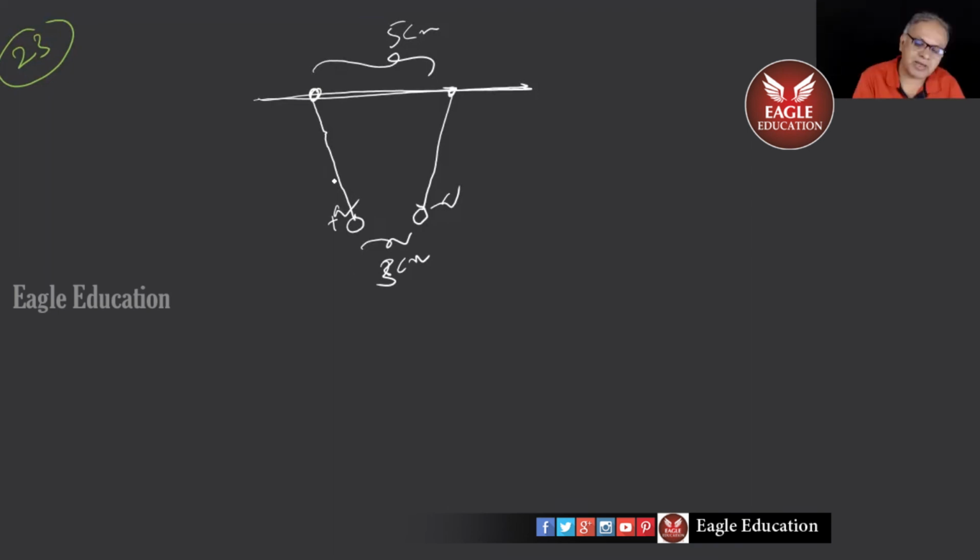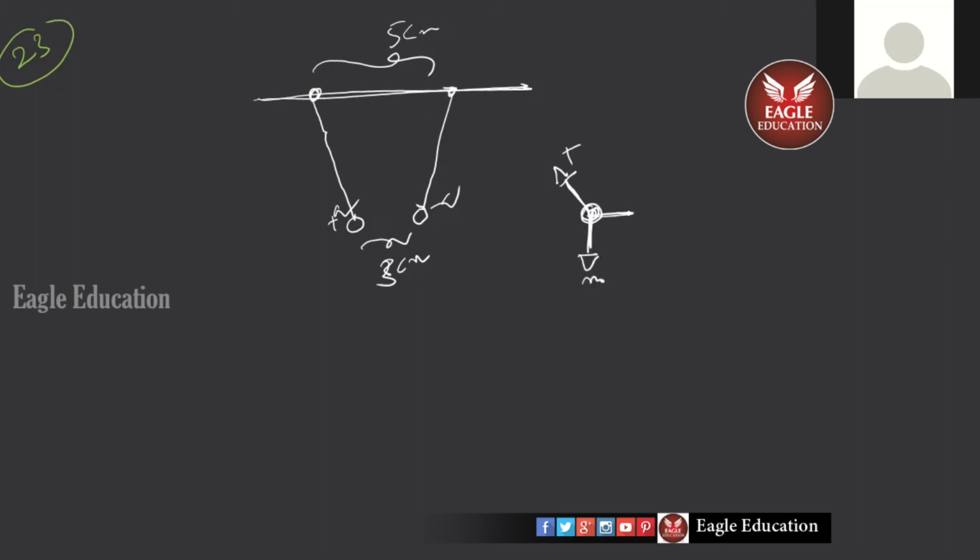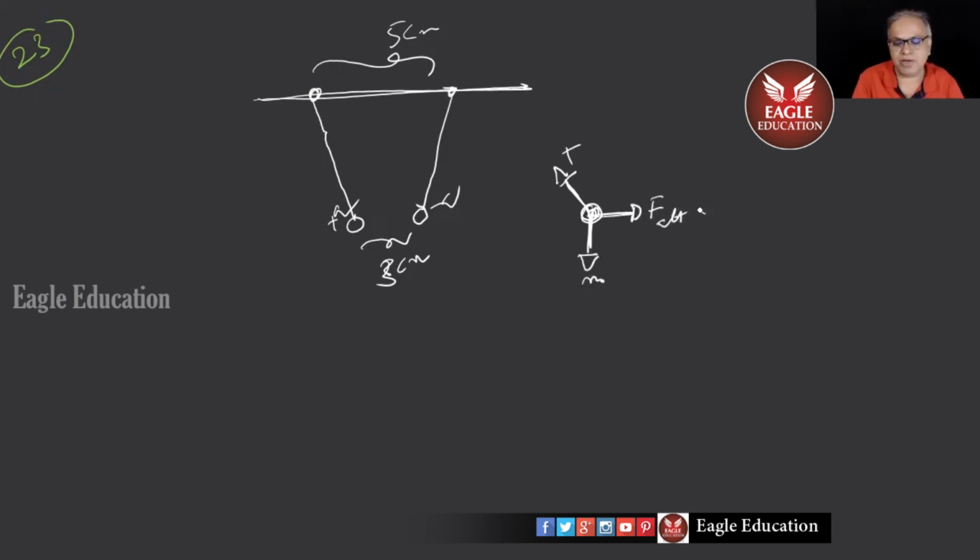Now what you do? Just put weight, tension, and attractive force. This is T, this is weight, this is attractive. Tension, mg, F attractive. So resolve components and make them 0, you get your answer. We should think it is in equilibrium, no, sir? Yes, naturally. Otherwise, why would there be 3 centimeters here? They would touch, no?